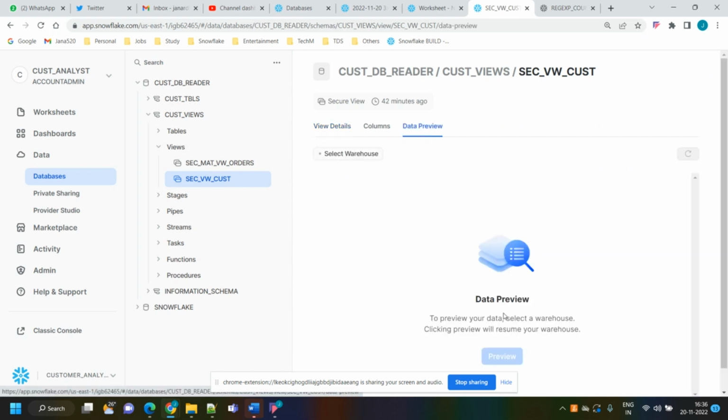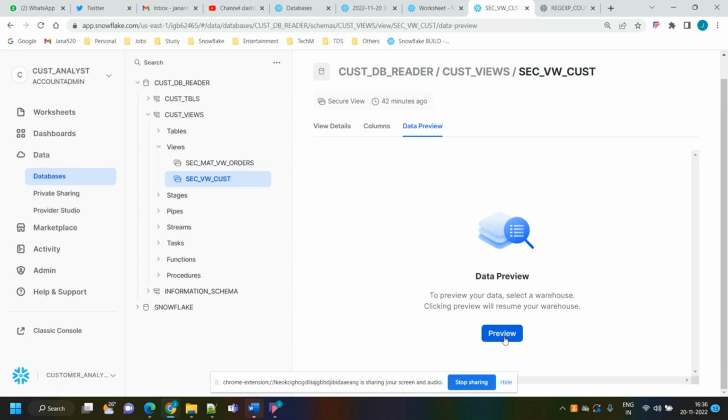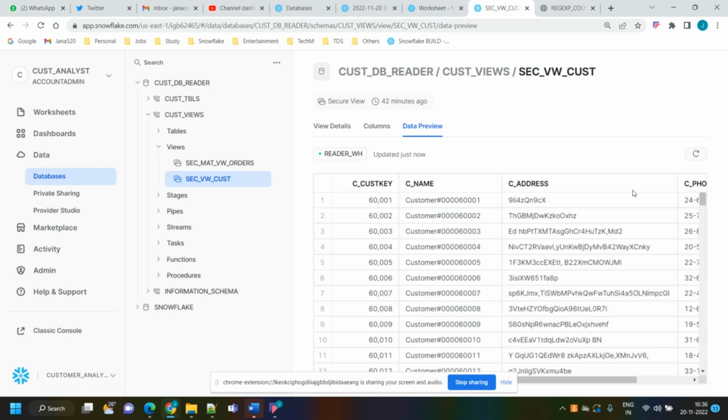Here it is still not displaying the data because we haven't chosen any warehouse. Okay, let's choose the warehouse and click on preview. See, it is displaying the data whatever we have shared with the provider account. So this is how we can create a reader account and share the data with